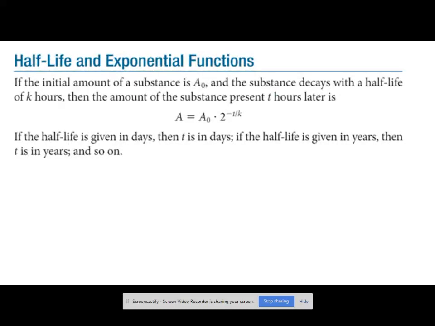Half-life would be like if you take a medicine. Now, I'm not trained in any way in nursing or medicine of any kind. So if I get something wrong here, let me know, and I'll change the way I'm saying it. But if you take a certain type of medicine, any type of medicine, really,